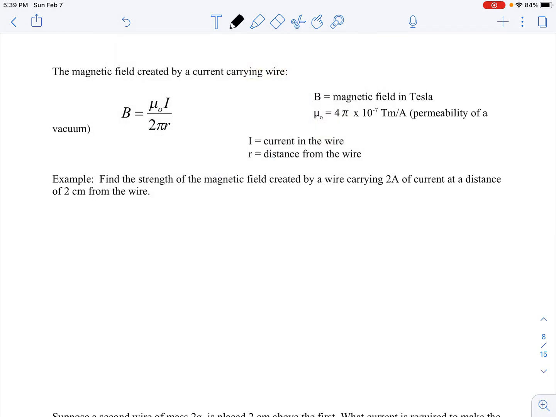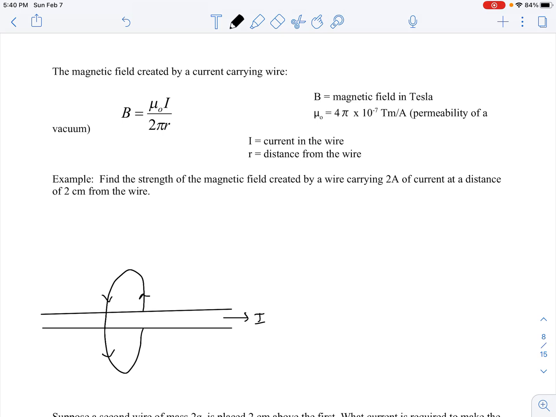So let's do a quick example here. Find the strength of the magnetic field created by a wire carrying 2 amps of current at a distance of 2 centimeters from the wire. You could use that right-hand rule to determine the orientation of that magnetic field. I'll just sketch it for reminder's sake here. Something like that. And let's say this is a distance of 2 centimeters. If we wanted to know the B field at that point,